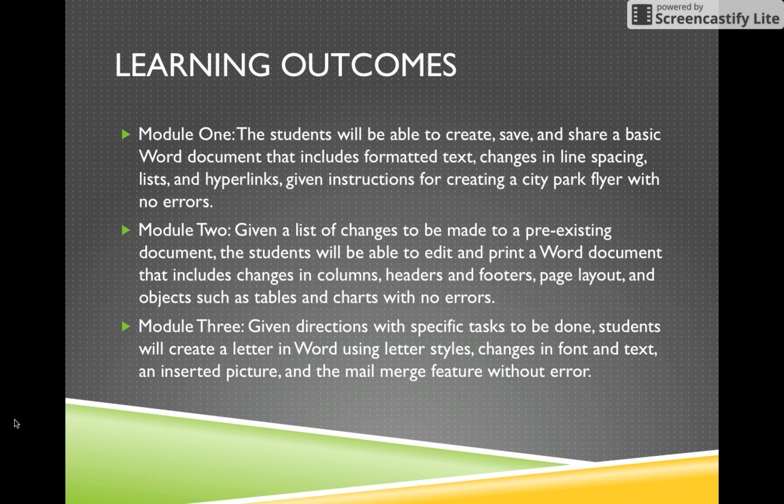The learning outcomes for Module 1: the students will be able to create, save, and share a basic Word document that includes formatted text, changes in line spacing, lists, and hyperlinks, given the instructions for creating a city park flyer without any errors. Then Module 2, given a list of changes to be made to a pre-existing document,